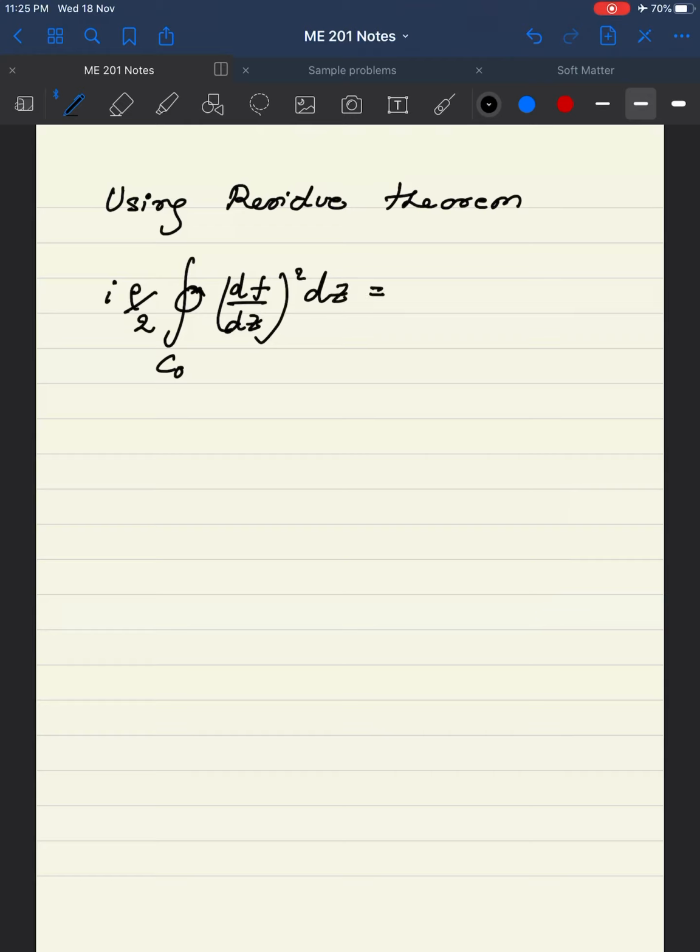It comes out to be minus rho m u plus i rho u tau,